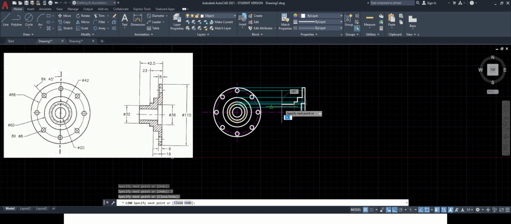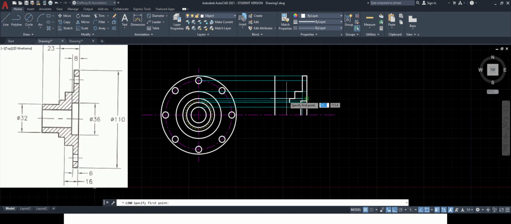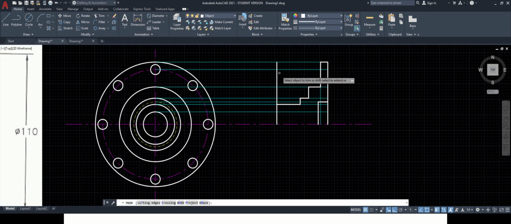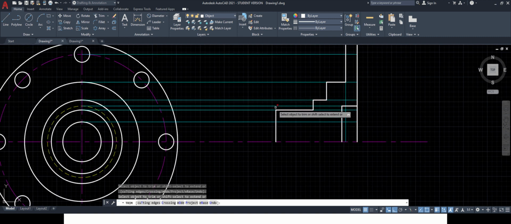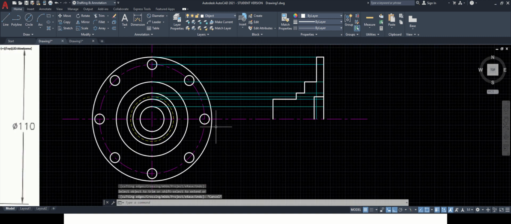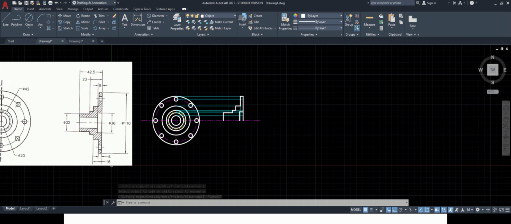And next distance, that is the total distance, 42.5. So what I will do, offset 42.5, enter, offset to which line? This line over here. So I will just take it for reference. Go to line command. From here I will extend here, use trim command and I will trim this line. So up till this I have done, and now only which line we are remaining to draw? This line. So go to line command. It is starting from here, ending at here.